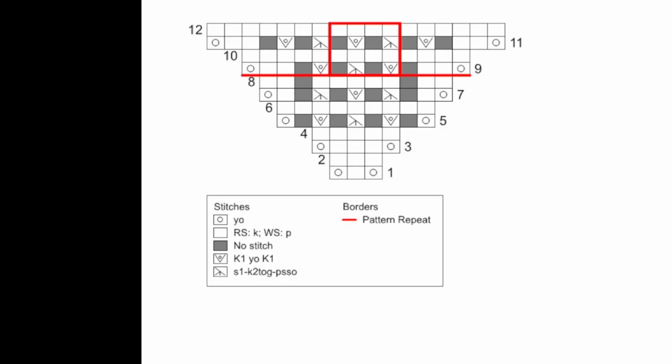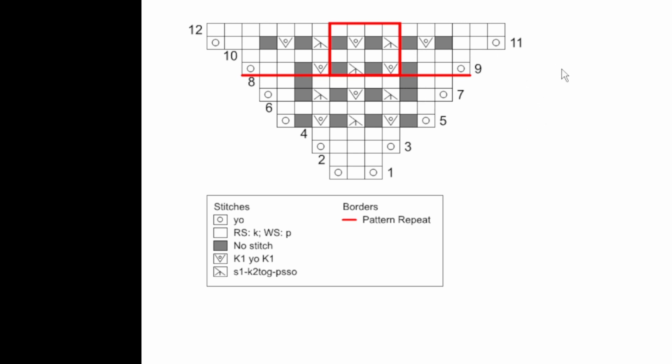Here is a more complicated lace chart. Again, make sure you look really carefully at the key because it will tell you what all of the symbols mean. These gray boxes tend to trip up knitters sometimes. They indicate no stitch. Well, what does that mean? That means there is no stitch that exists right there. These boxes are simply to line motifs up above each other so that visually you can see the relationship between the stitches above and the stitches below.